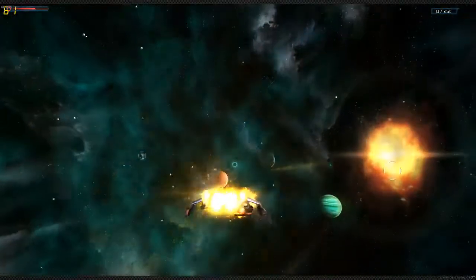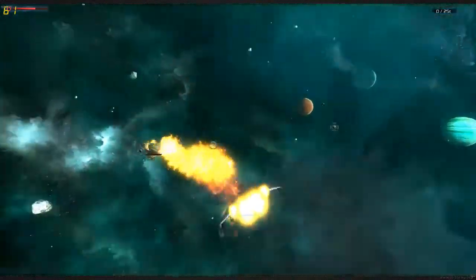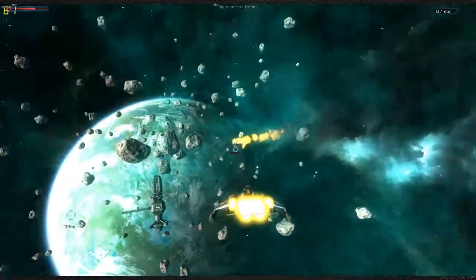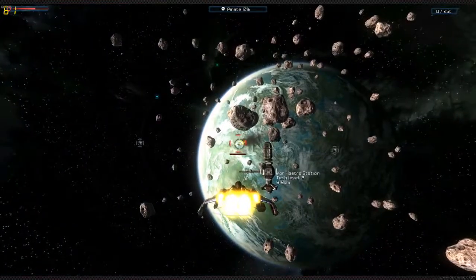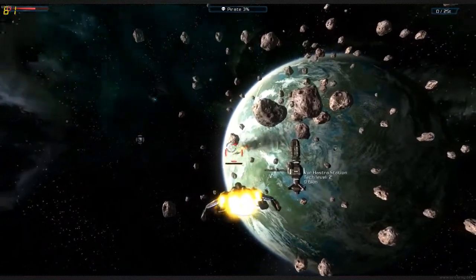Sadly, we don't have a tractor beam yet, so we can't pick up the loot they're carrying around, their cargo. And we don't have a scanner which shows us their cargo either, so we don't even know what it is. What we're missing here, but...